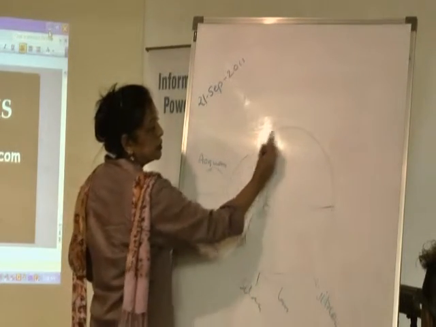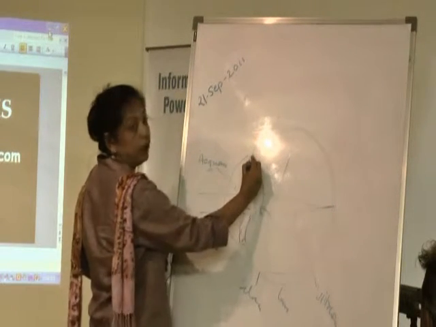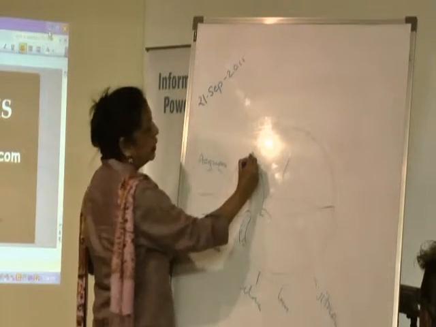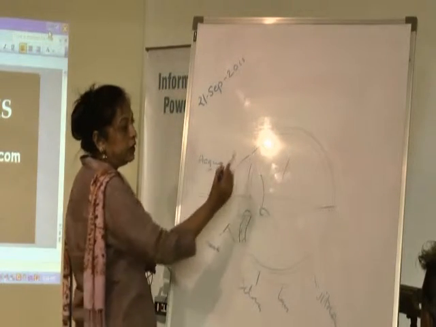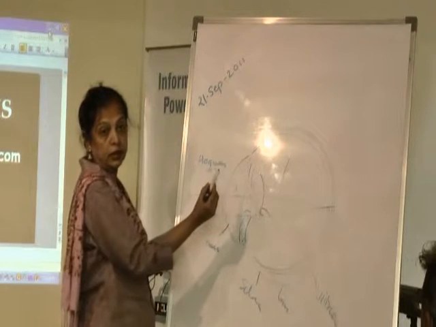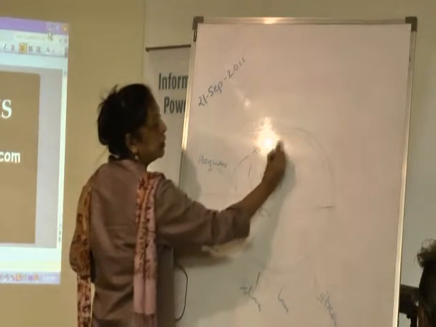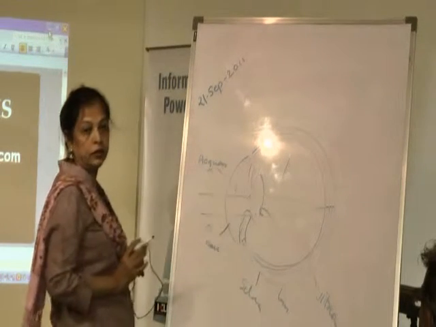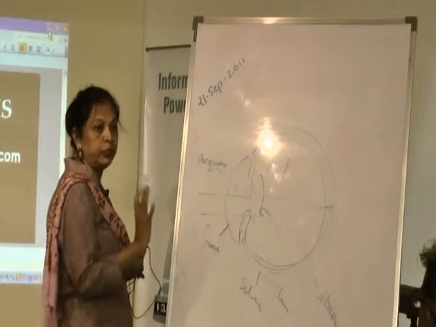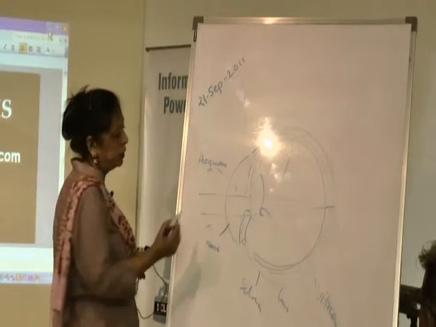And this is the sclera. Underlying the sclera there is one layer known as the choroid, and that is a vascular layer. The innermost layer is the retina. Retina is very important for vision, and that is the innermost layer underneath the sclera. Understood? This simple diagram you should know, otherwise you will not understand what I am talking about.